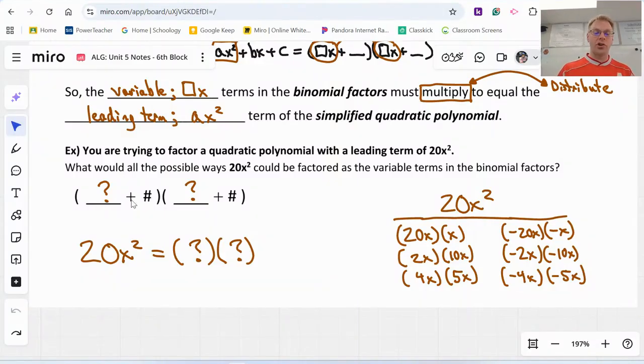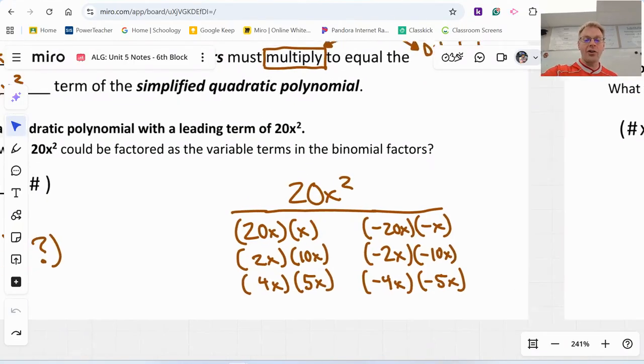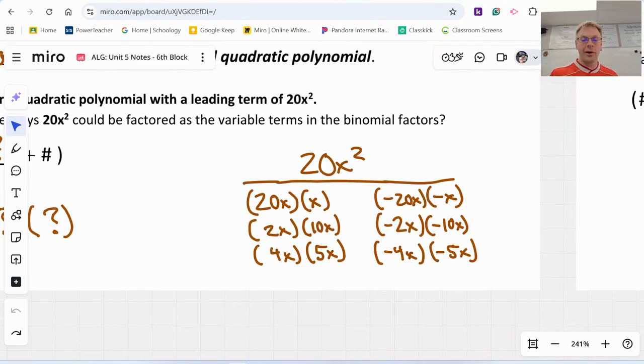In other words, what could go here and here that if I multiplied them, I would get 20x squared. And this is where we definitely ran out of time. There are actually 6 different possible factor pairs that could multiply to 20x squared. And you can see right here, 20x times x, 2x times 10x, 4x times 5x, and their negative counterparts there,